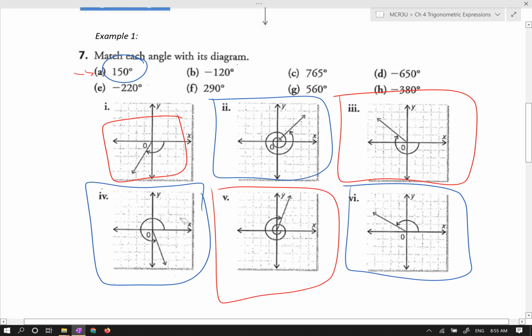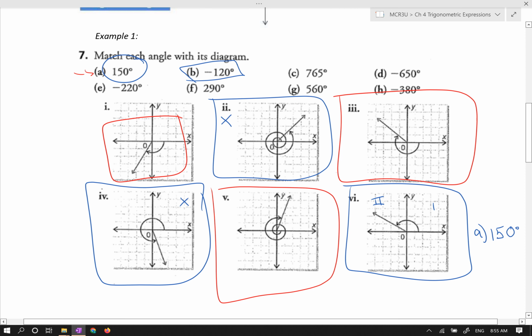We double check with our positive options right here. I'm working in quadrant 1. I'm working in quadrant 1. I'm working here in quadrant 4. And over here I have quadrant 1, quadrant 2. That's where my angle is. This is 150 degrees. So if you think you follow the logic right here, pause the video, try out